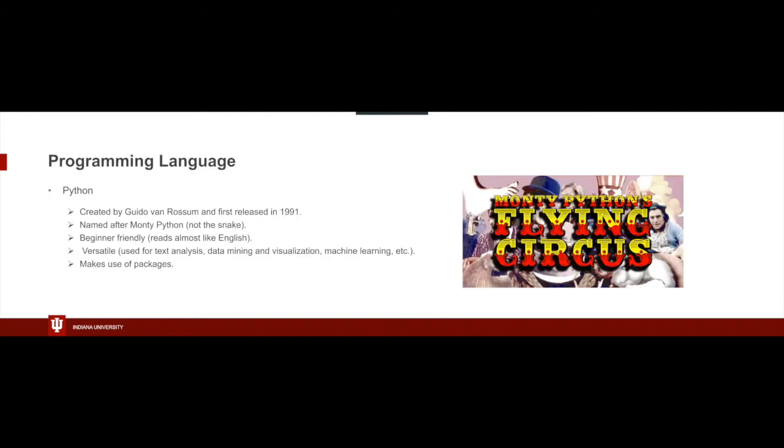The programming language Python, I'm going to give you a brief overview, was created by Guido van Rossum and first released in 1991. So it might be older than a few of you in here. It's named after Monty Python, the comedy troupe, not the snake, even though the snake is the emphasis. It's beginner friendly. A lot of times it reads almost like English. So if you've never coded before, you can go in and sometimes still get an idea of what the code is doing. Not always, but